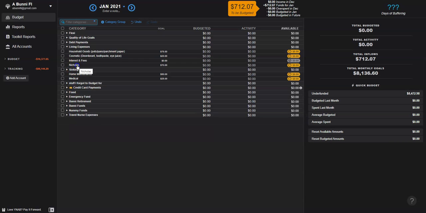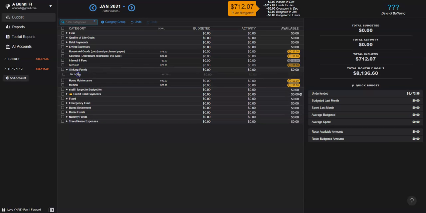And next we have Sir Nicholas's account. Sir Nicholas is my sweet, sweet Yorkie poo. He's the most adorable thing in the world, and I love him to death. And he has his own account. So basically, we kind of go back and forth about this. And actually, I think I am going to put him into my sinking fund account, only because we only have to buy dog food, a big bag of dog food for him, once every 2 to 3 months. He only goes to the vet once a month, and then everything else we kind of build up an account for him to have